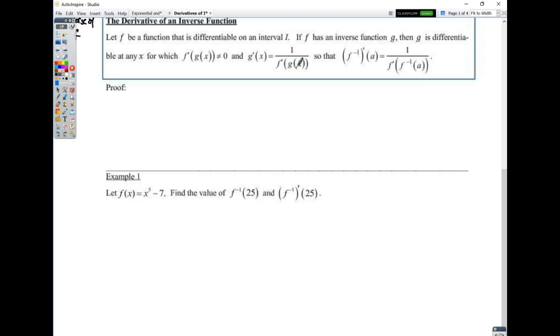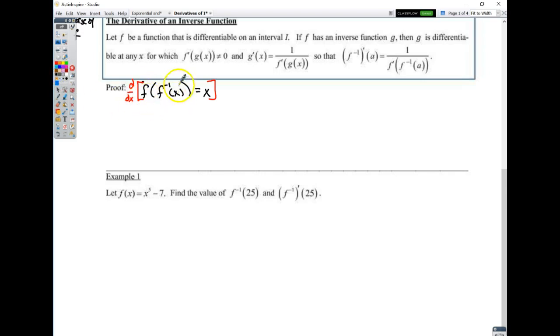Let me show you kind of how that comes up. What's going to happen is I'll show you all that, we've talked about all that, and then I'm going to throw it all away and show you a process. But I want you to at least see the proof so that you can see it to be able to work it. So this derivative function right here actually can be gained from the relationship that if I have f of f inverse of x, then f and f inverse cancel each other out, and that gives us x. If I take that, and I take the derivative of this,